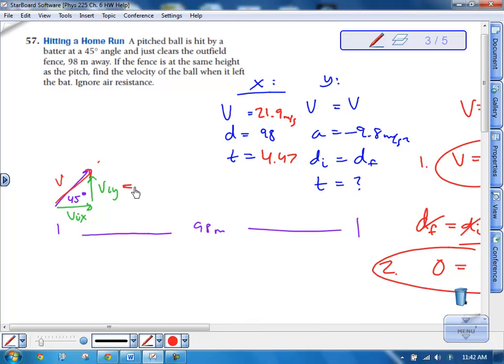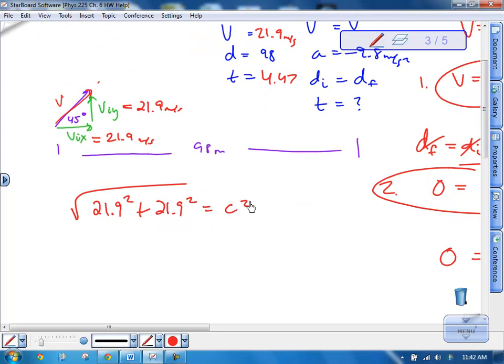Now that goes here, 21.9. Whoops, 21.9 meters per second. But it's both the horizontal and the vertical because we know that they're the same in this case. Set at a 45-degree angle. So we can just do the Pythagorean theorem now. 21.9 squared plus 21.9 squared equals c squared. A squared plus b squared equals c squared. And then we can solve for c by taking the square root of that quantity right there, which gives us